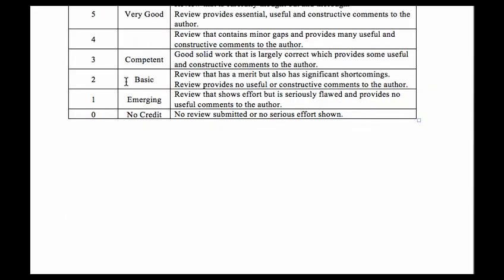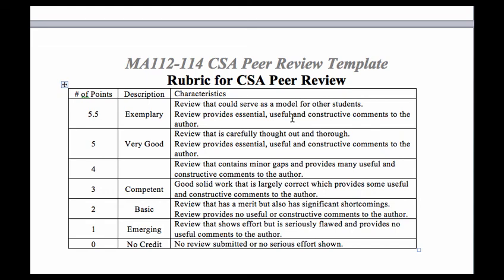As I said, the last page will show you the rubric for the CSA peer review. This rubric needs to be attached when you submit your peer review to the author, and it explains to you the kinds of grades that I'm looking at. Again, very good will receive full grades, 5 out of 5. Exemplary work will receive a bonus of 0.5 on this assignment. This will count as part of your CSA grade, as well as be beneficial to your peer